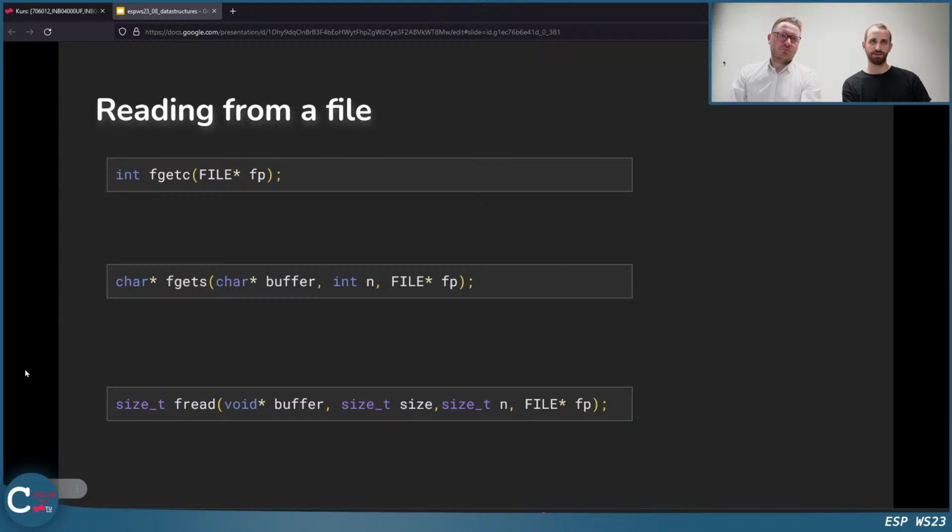So we have opened the file now, and we want to read from the file, and there are of course many functions to do that.